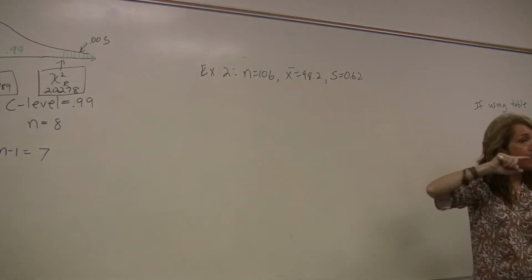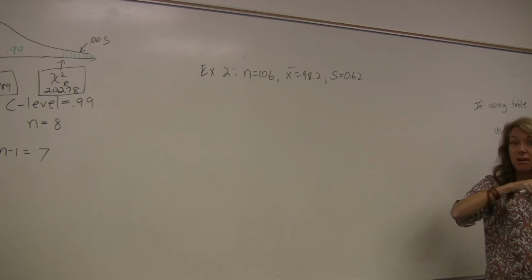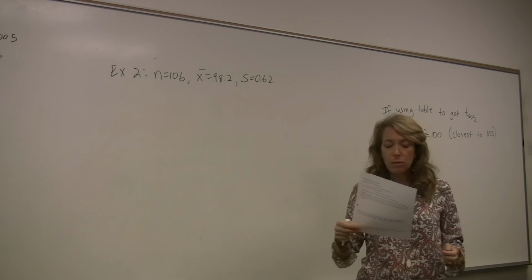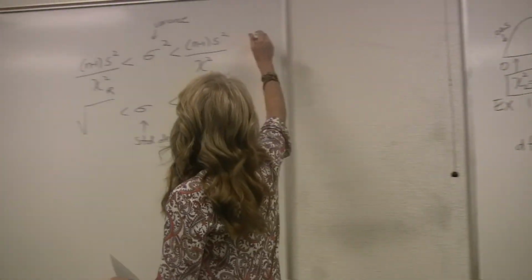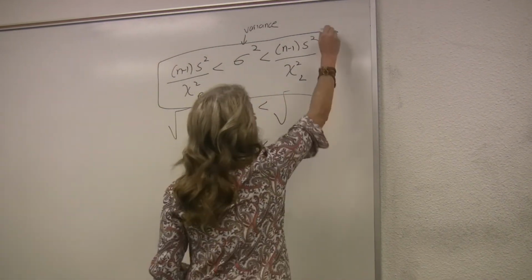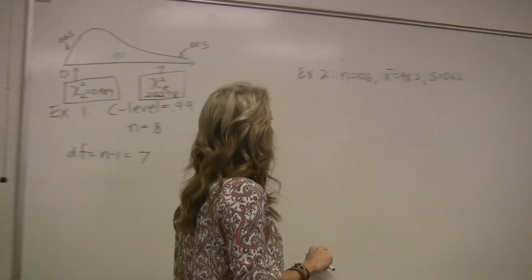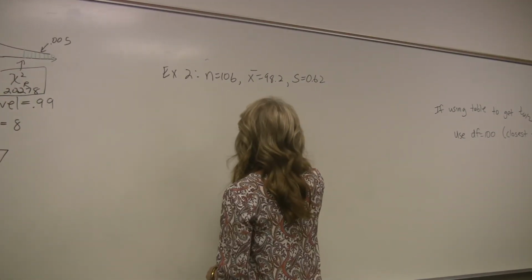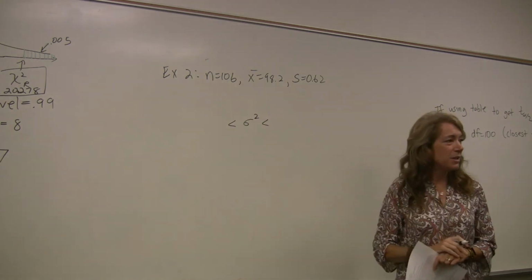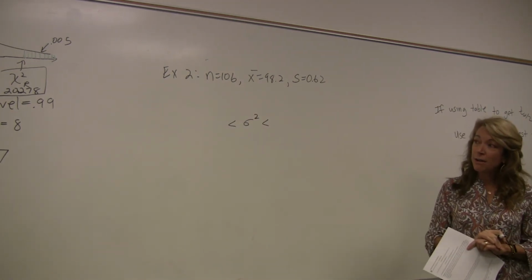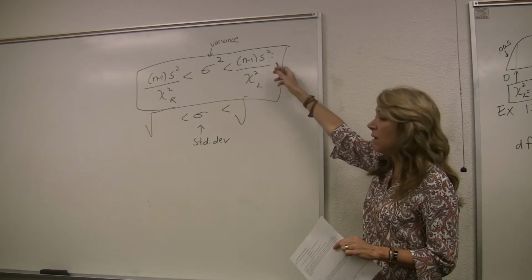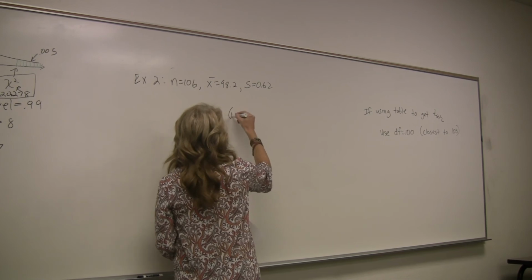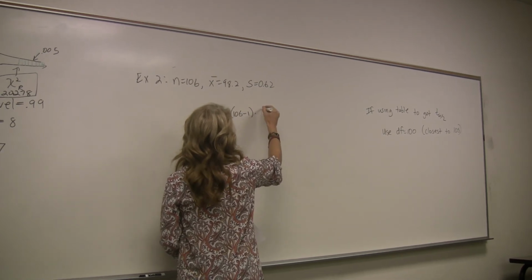Why is it s? It's from your sample. It's a standard deviation from your sample. And so we want a confidence interval for the variance. We want to use this scary looking formula. Sigma squared goes in the middle. Variance goes in the middle. We'll start on the right. n minus 1 times s squared. What's n minus 1 in this case? 105. So it's 106 minus 1 times s squared